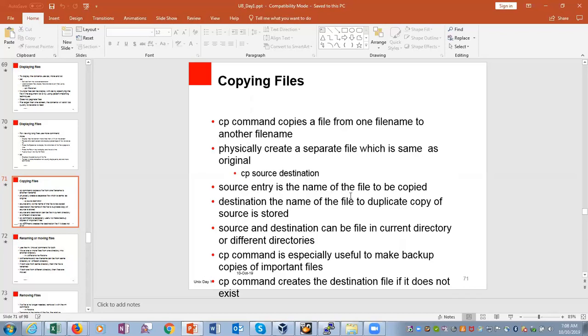Source is the name of the file to be copied. Destination is the name of the file where the duplicate copy of the source is stored.